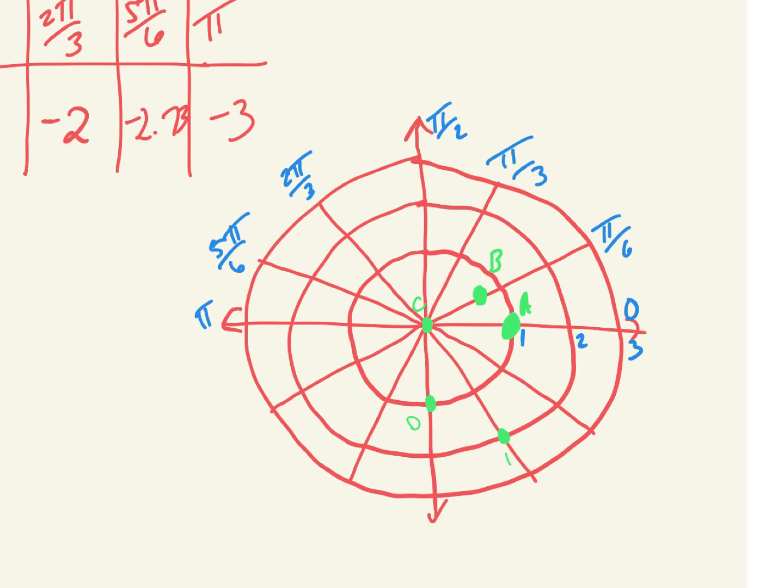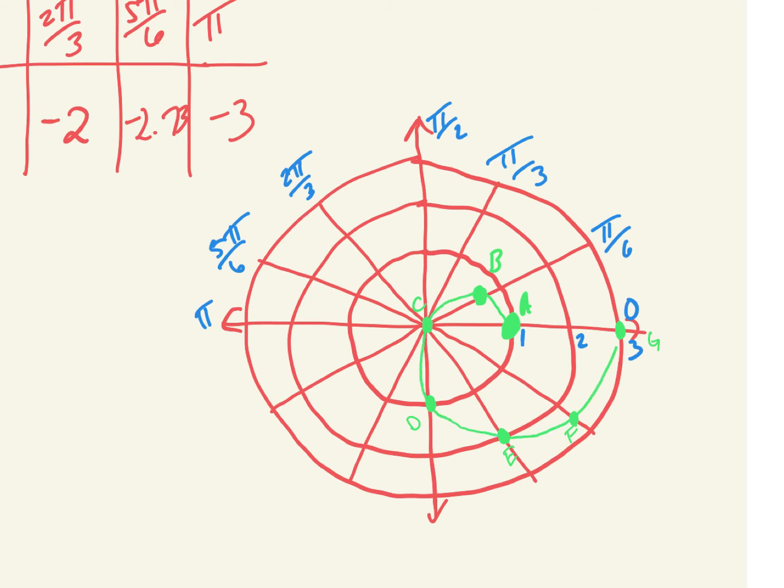Yep, that's point E. 5 pi over 6 is at -2.73, F, and G is pi, and it is at 0. So it starts here,